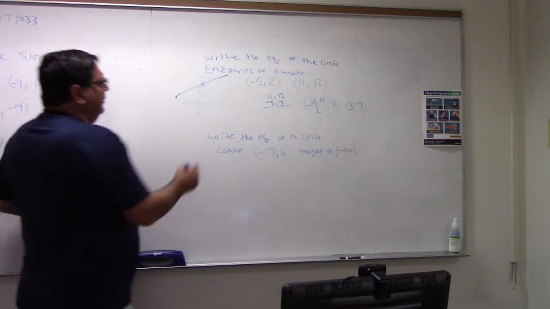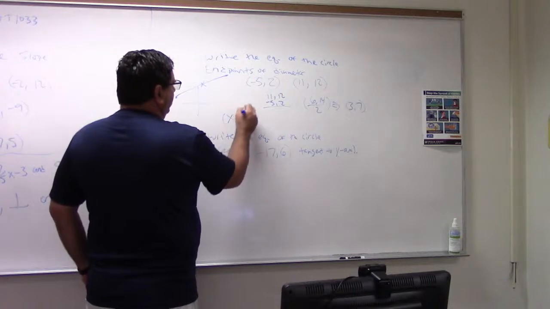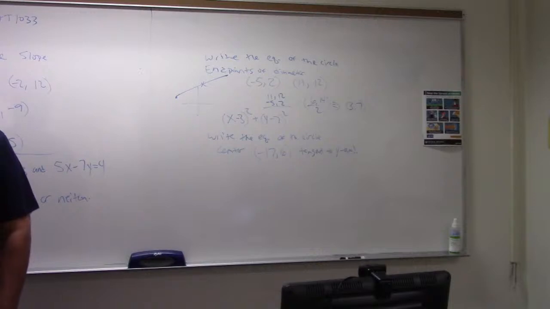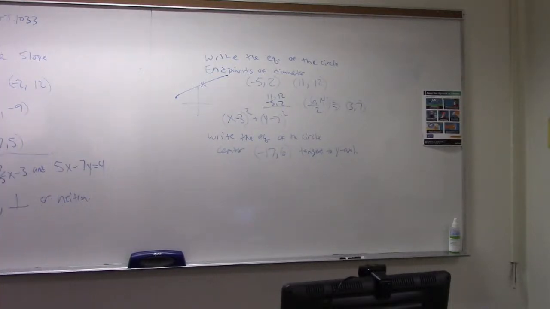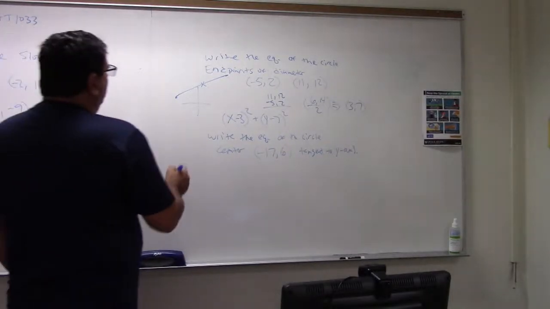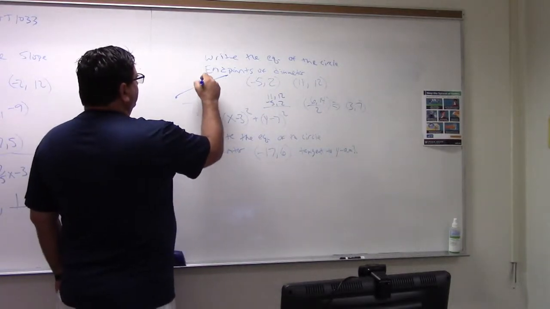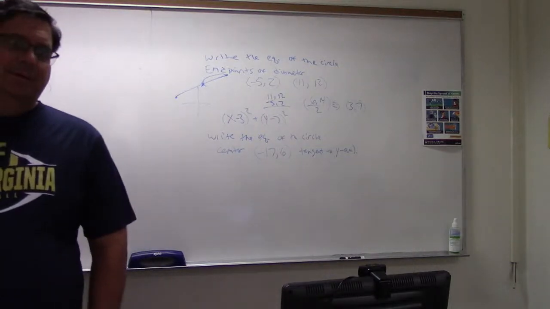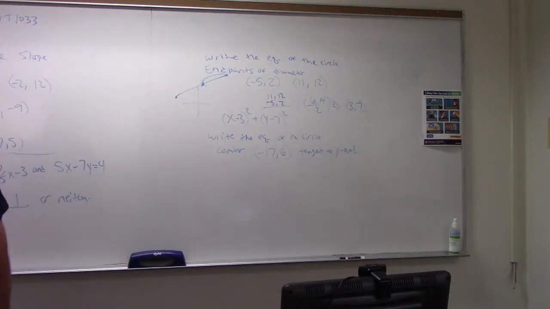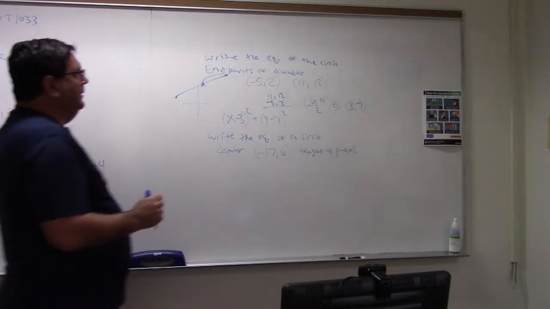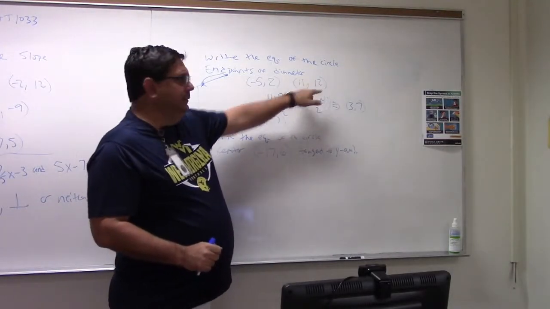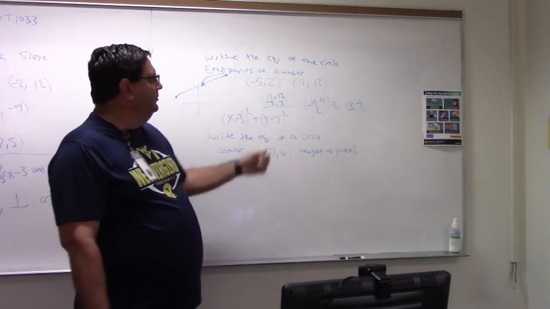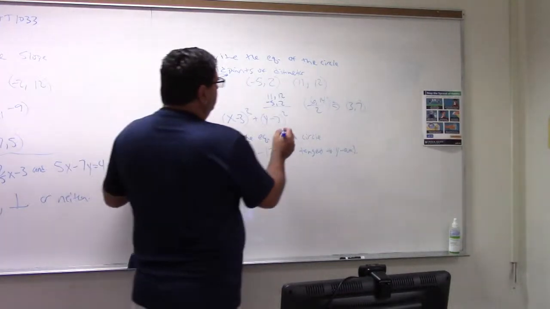Now, from there, that sets me up with x minus 3 squared plus y minus 7 squared. What we don't know is r squared, the radius. One would surmise that the radius is just the distance between the midpoint and the endpoint, and they would be correct. But that is a long way to go about it. I'm going to teach you a trick. Let's just take this point and plug it in right here. We know it's got to be a solution, right? So if we take 11 and we plug it in,